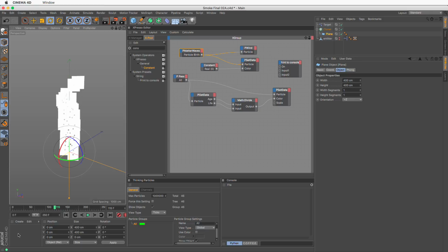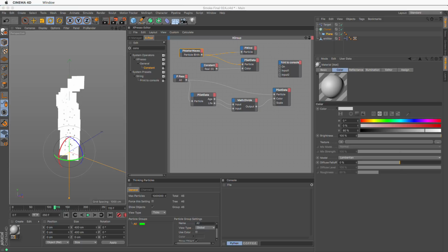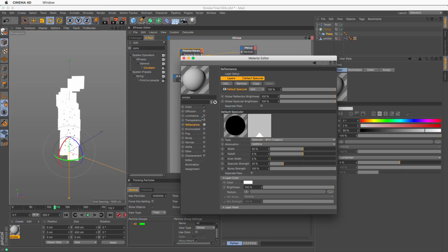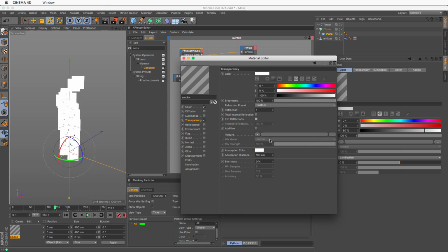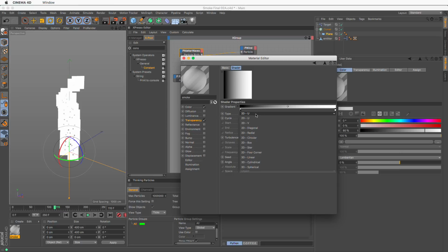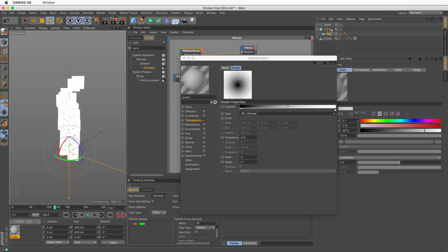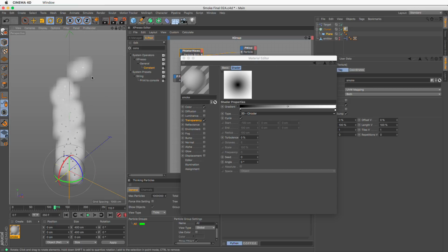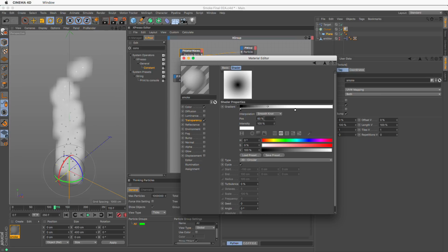So let's make it a bit fancy here, and let me double click and create a material. Let's call this smoke-ish. Double click here, and let's just do a few things. Go to reflectance, actually delete reflectance, go to transparency, remove these. Let's add a gradient in here, and let's click on this and make it circular. I'm going to grab this and put it over here and turn on my transparency, and I'll have a slightly better view. Now you can see that the gradient is clipping, and this is something you must always remember. Select the knot and make sure that it's at 60%. That's the point where it won't clip.